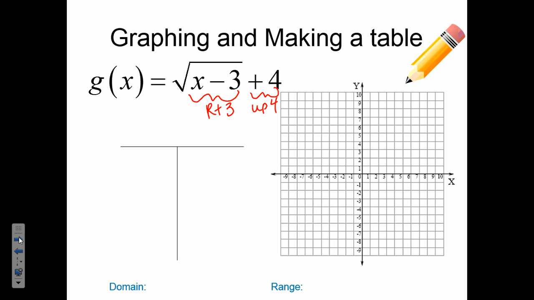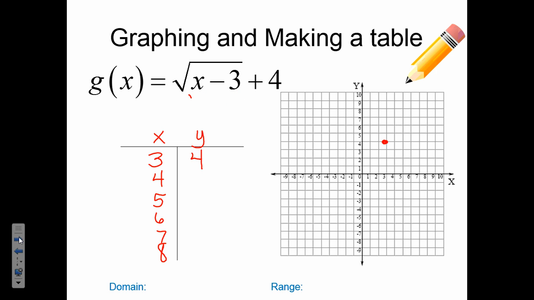So if I move to the right 3, up 4, this is the absolute first spot I can ever calculate in my table. So that is located at 3, 4. So my XY table needs to start with 3 and 4. X value of 3, Y value of 4. So now if I continue a list of X values beyond that, 3, 4, 5, 6, 7, and so on, 8, however many you need there, then we should be able to plug those in and figure out the corresponding